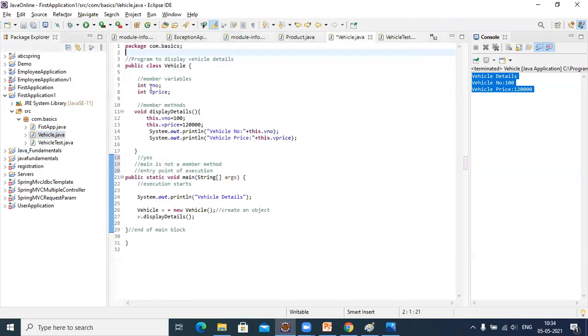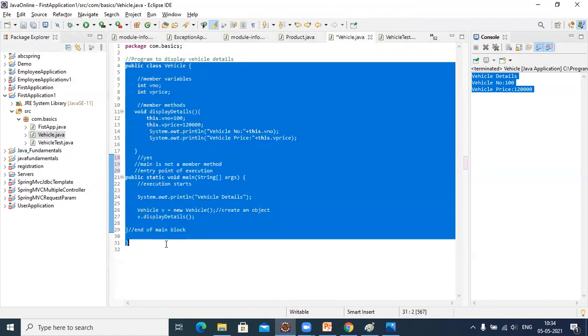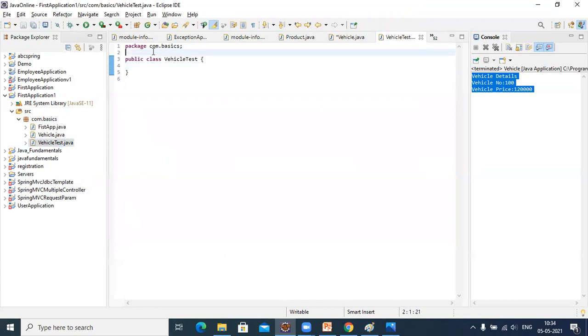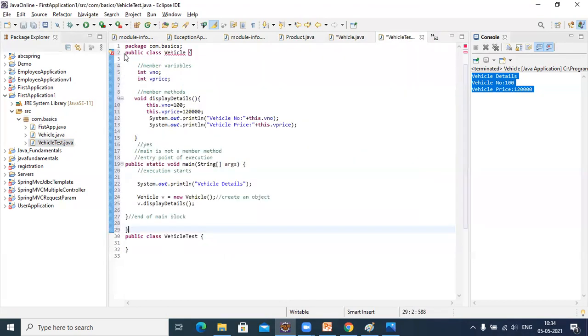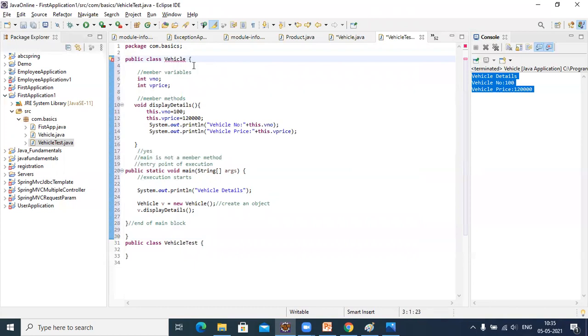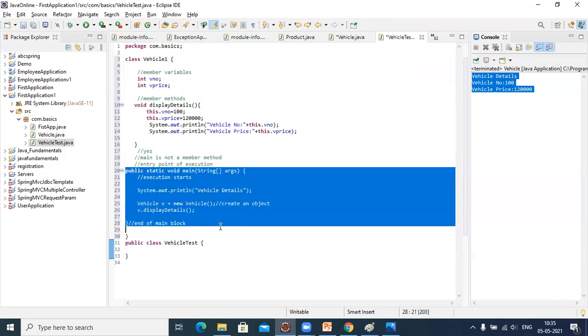Okay, so let me take this. I'll make this class Vehicle1. Now there can be only one public class in which you will place your main method.